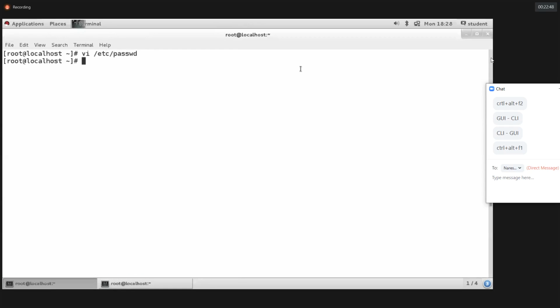Yes, guys. So I hope you cleared the difference between VI and VIM. Now, how do we edit a file with the help of VI and VIM? Both are the same, guys. Navigation, options, shortcuts, everything is the same apart from this difference: the color will change automatically if you make a typo mistake.